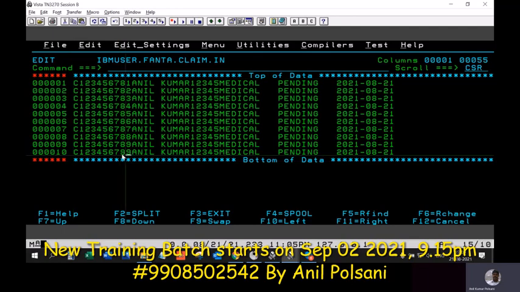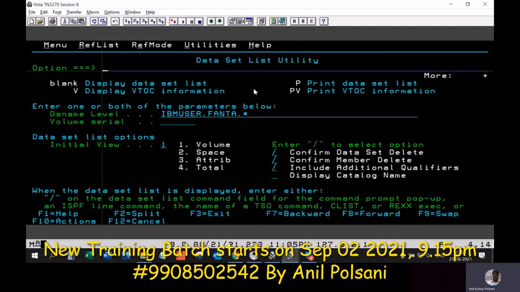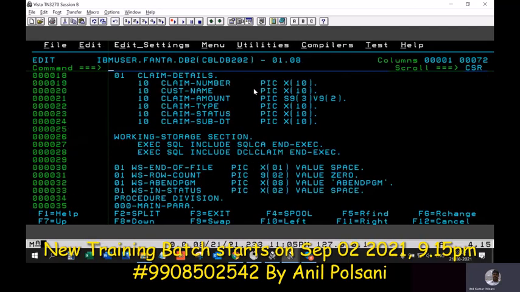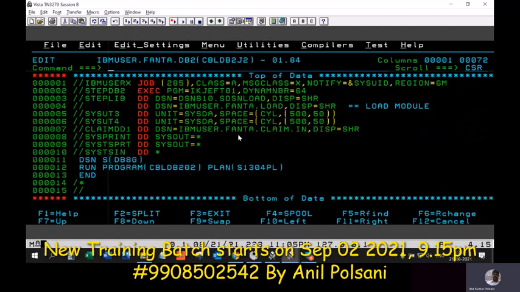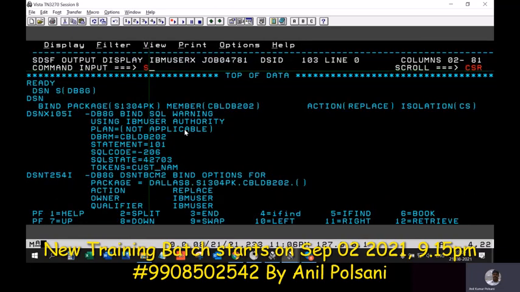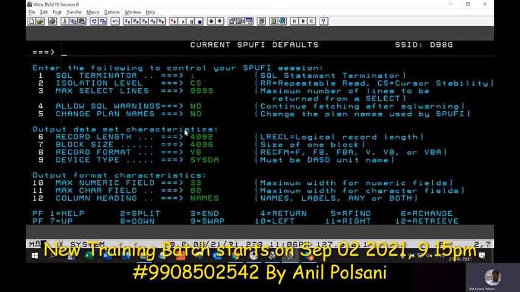So this is my input data now. I would like to use this file as input and run the job. The intention is to see all the records go into the table directly. So that's the file name, and we can go and check one time what's the existing data in the table.